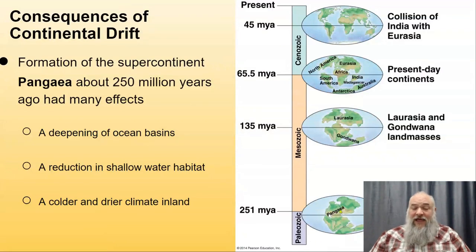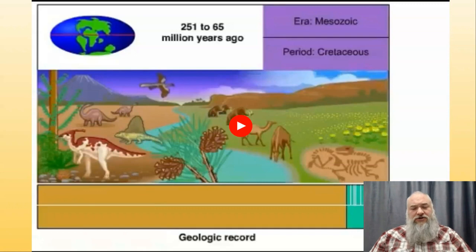And on land, the water near land has a lot of moderating effects, right? Brings in a lot of moisture, moderates the temperatures, and that sort of thing. So in the middle of this giant continent, where there wasn't as much water, it got very dry and very cold. This video, guys, you've seen before. You can watch it again if you want, but it's just a little bit of a reminder on these